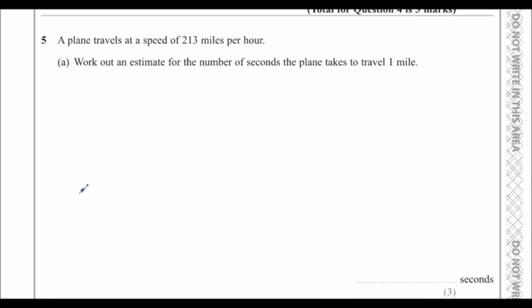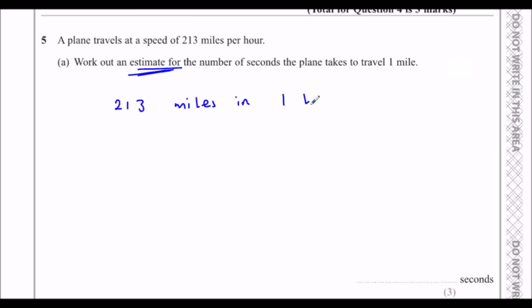Question 5. A plane travels at a speed of 213 miles per hour. Work out an estimate for the number of seconds the plane takes to travel 1 mile. So it goes 213 miles